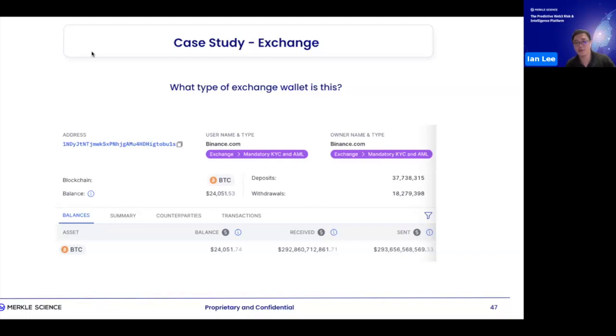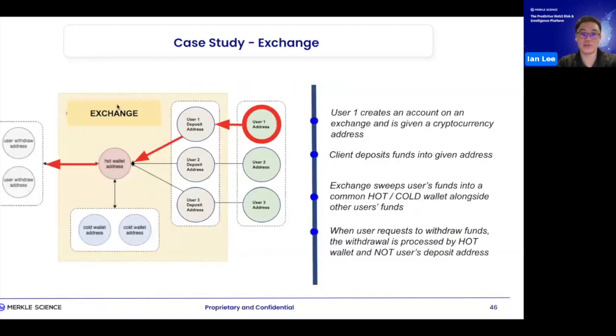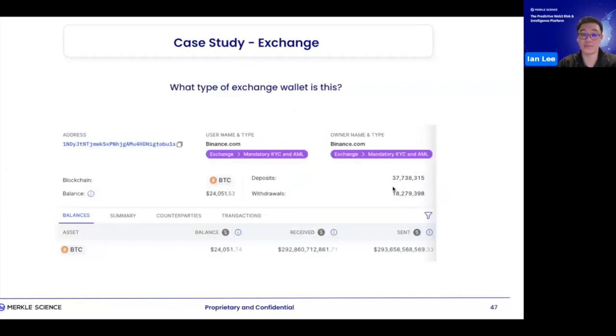All right, I have some answers coming in. Interestingly enough, three different answers with different responses. The answer to this is actually a hot wallet, and let me explain a little bit why. Number one, if you remember, a hot wallet is used to consolidate all the users' deposits and to process all of the exchange's withdrawals. So you would expect, like I mentioned, an abnormally large number of deposits and withdrawals,